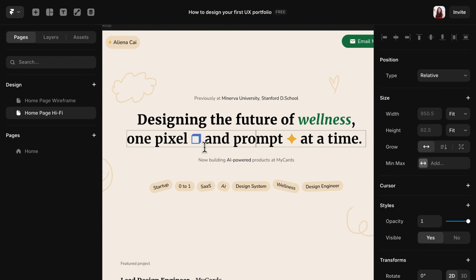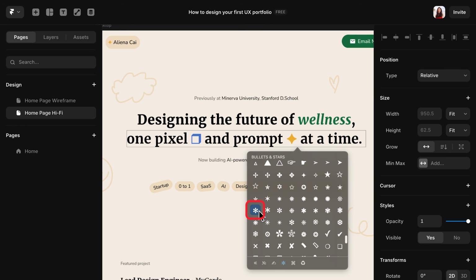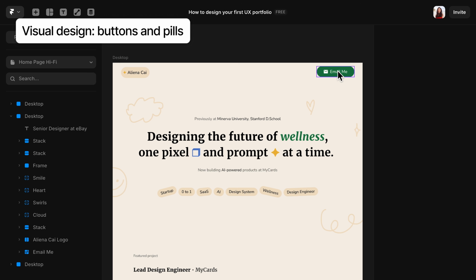Now let's talk about graphics. Graphics really add sparkle to your design. I'm going to start with 2 very simple ones and then show you a more advanced one later. The simplest graphic you can use, which also works really well, is just emojis. There are so many symbols in the emoji keyboard, and a lot of them work surprisingly well as graphic details, like these ones. These are all emojis, and I just changed them to a different color to look like they are graphics. The next very common graphic is buttons and pills.